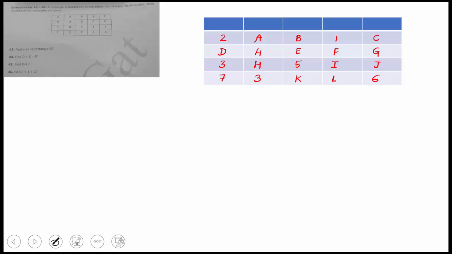Hi everybody, today we'll be solving this very good set of ratios, and this set involves ratios. And once you're able to identify that this set belongs to ratios, you can solve this set very easily. Let's understand the question. A rectangle is divided into 20 rectangles, and out of 20 rectangles, areas of some triangles